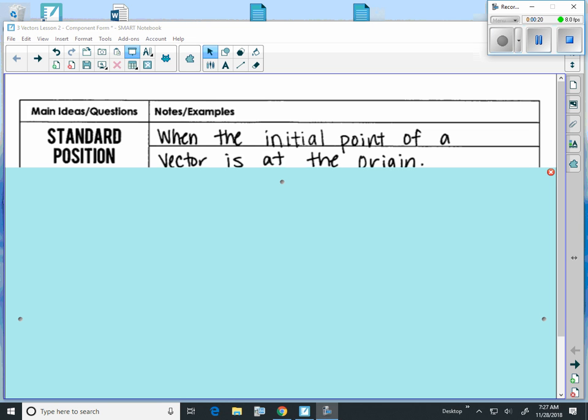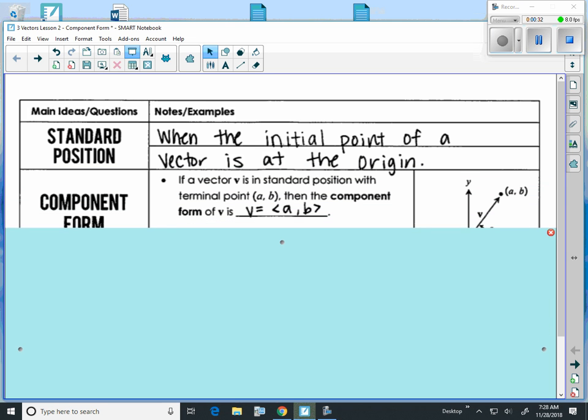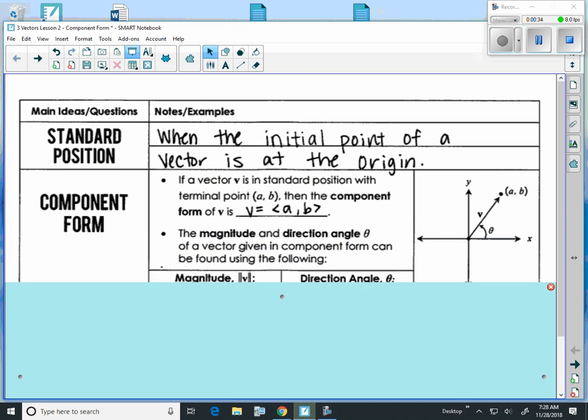And you may have seen on your practice yesterday, there was a coordinate plane with some vectors all over the place. Okay, that's pretty normal. When we're going to look at vectors, you're going to see them on a coordinate plane. Okay, now if we want to find the component form of a vector, okay, we write it as kind of